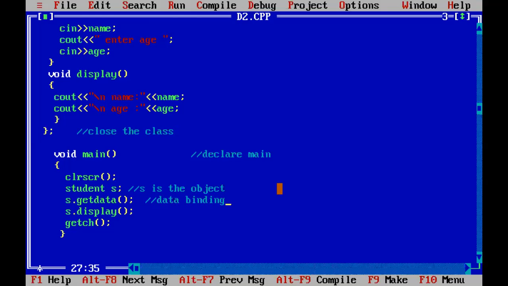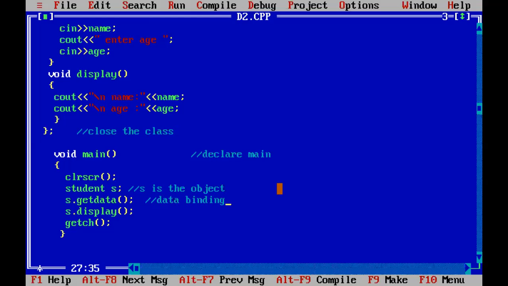So we'll always write it as dot get data. Whatever kind of function we use, we always use the dot operator here with the name of the variable. So we'll write as dot get data. Similarly, we'll write as dot display data. Now students, whenever we declare a function first, we always need to terminate the function, because that line is only for the one function, and we cannot write any of the body of the program here. This is only to define the upper data that we have declared at the top.